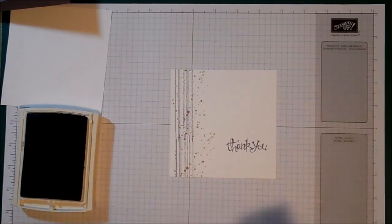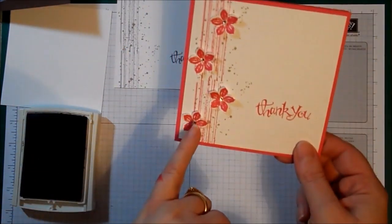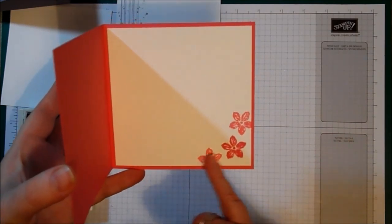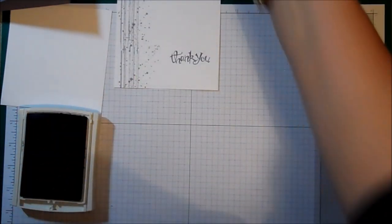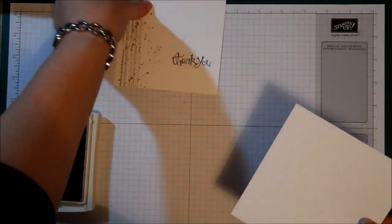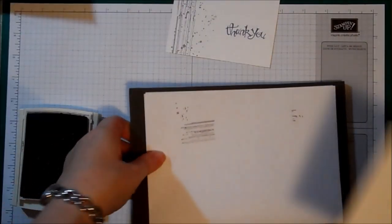So that's that. Now the next thing we're going to do is stamp the little flowers, these ones here, and we'll punch them out, but you'll see that I've also stamped them on the card on the inside as well. So first of all, we'll take the card that we've got for the inside and we'll pop that down